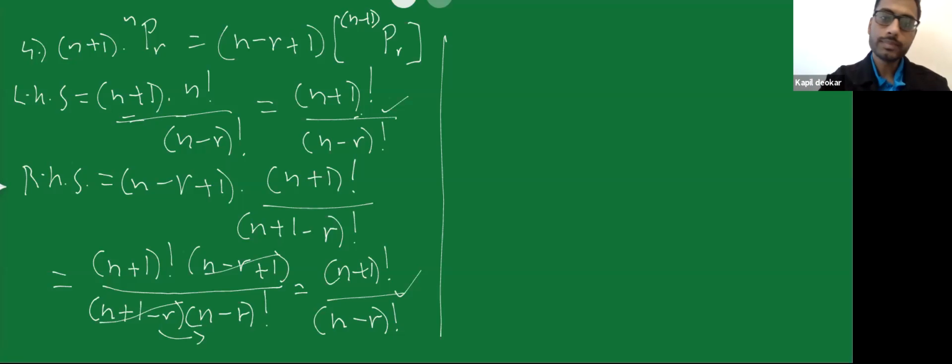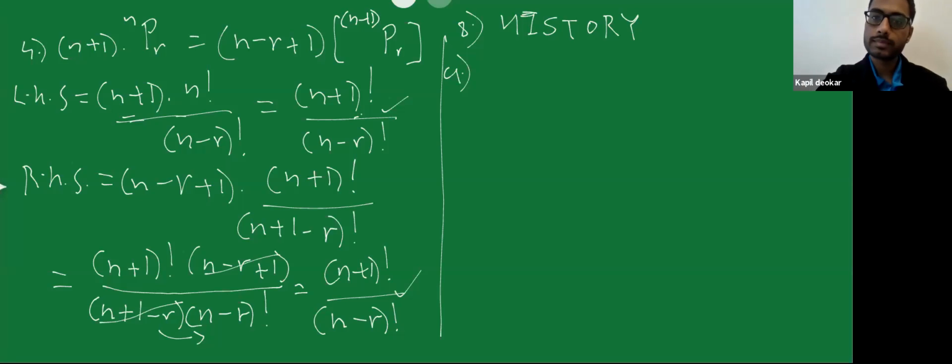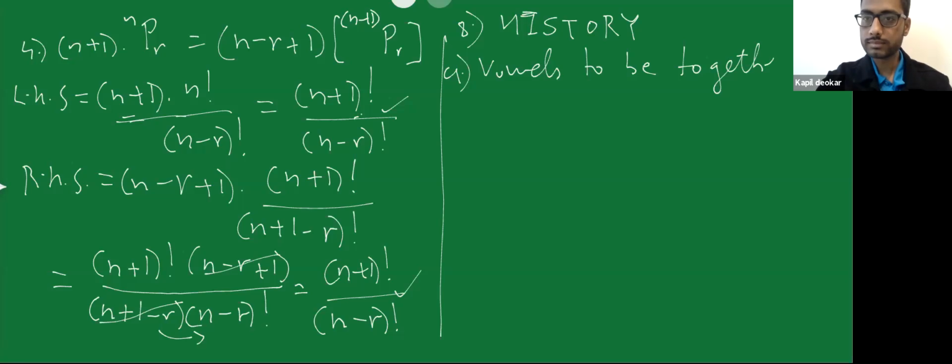Okay, so we'll see next question. You have one word which is given to you, history. First question is, you want your letters or vowels to be together. So my question is, in this word history, arrange the letters in such a way that the vowels are always together. Okay, so before even beginning to solve this question, first we'll see how many letters are present in this